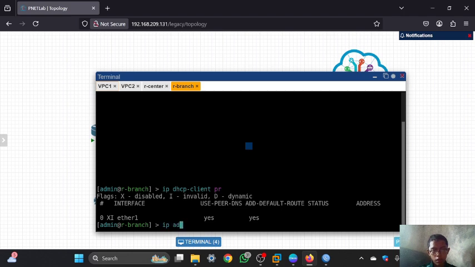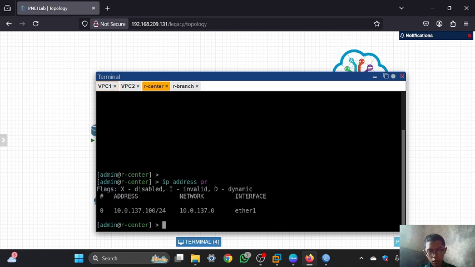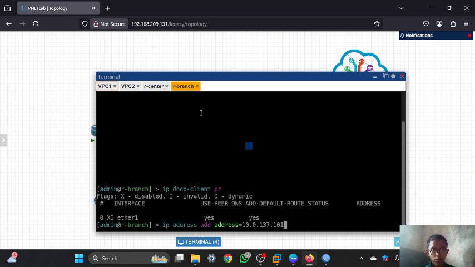Then I will add an IP. I will use this IP. If you see in here, the IP for the router center is 100, and for the branch I will set it to 101.